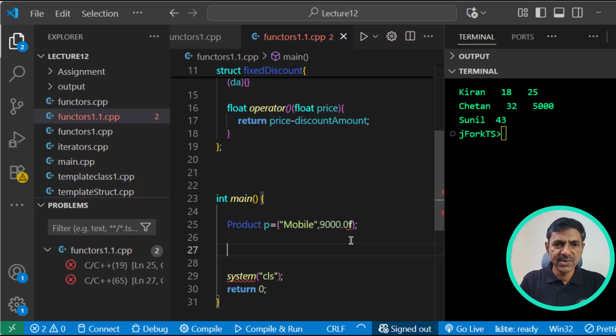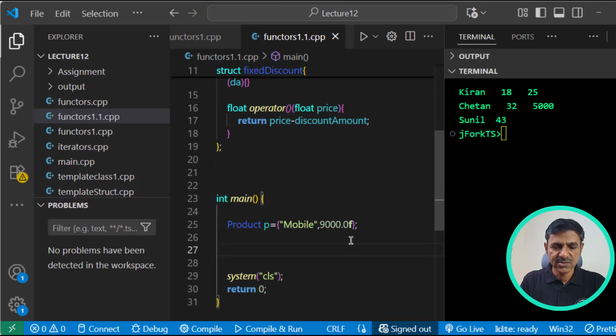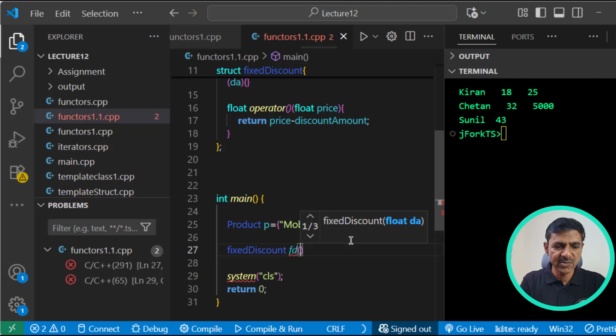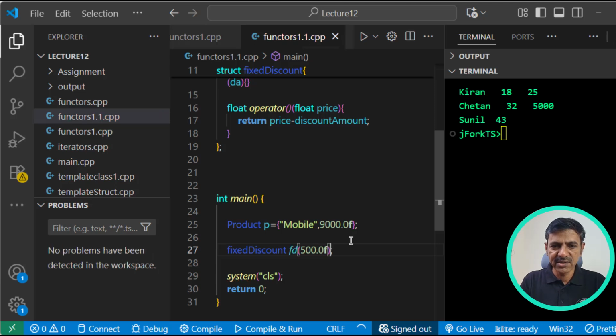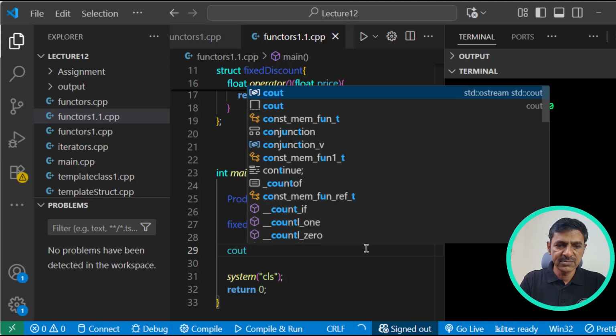Okay. And we have to create one functor here using the name of the structure that I use here, fixed discount. So I say fixed discount. You can give some name, FD, and pass as argument how much discount you want to give. Let's say I want to give 500 rupees discount. This is expecting a real number, so I'll pass F like this. Now if I want to act on this product P, then cout